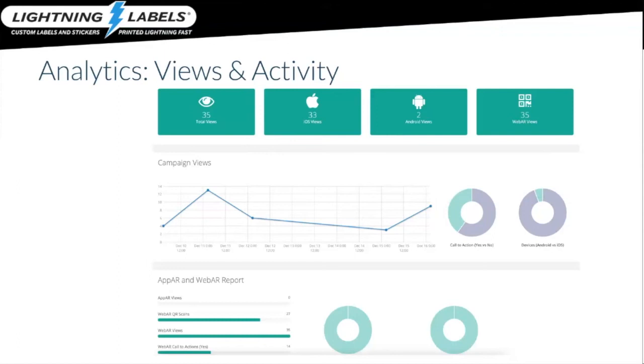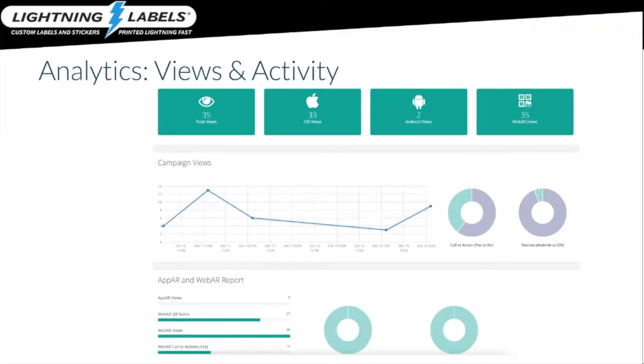Now, this is an example of another holiday card that we did for our corporate parent, and this was old information, so that's why the numbers are small. The numbers are much, much higher at this point. But we want to show you a screenshot of what we can actually provide back to you. So we can tell you how many views actually happened on that QR code, how many of them were Apple devices, how many of them were Android devices, what time they came, what day they came, whether they clicked the call to action. If you remember on those previous screens, for example, like the Harley Davidson or the Mercedes-Benz or even the Lightning Labels holiday card, it actually gave you a call to action that you can click through and see and get some information on.